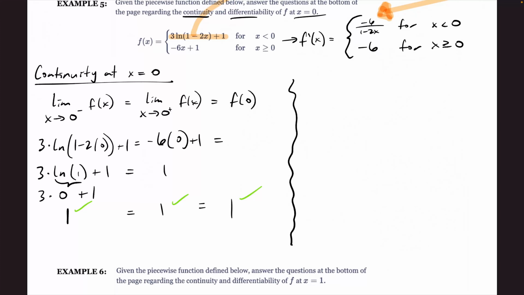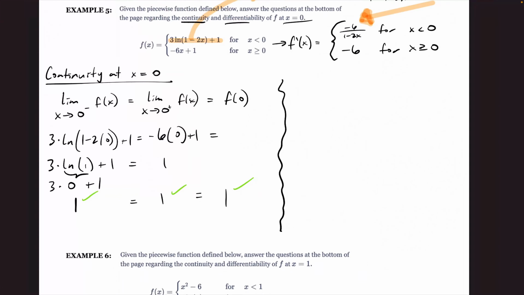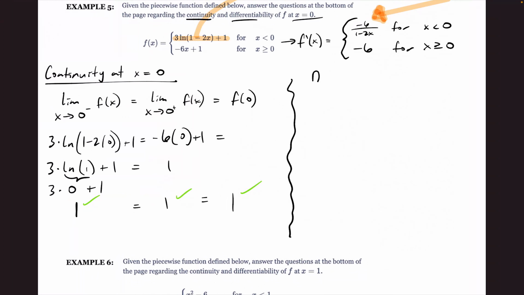Continuous. Do we have to check differentiability or can we assume differentiability? No. Yeah, we have to check it. Because continuity could go both ways. It could be differentiable or not differentiable. Okay, so differentiability